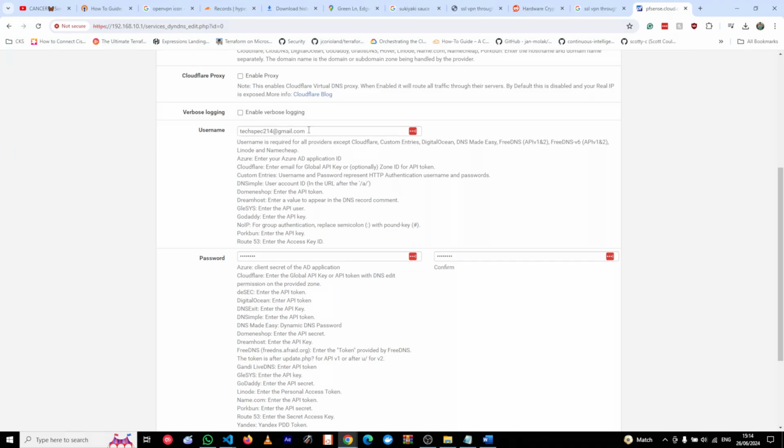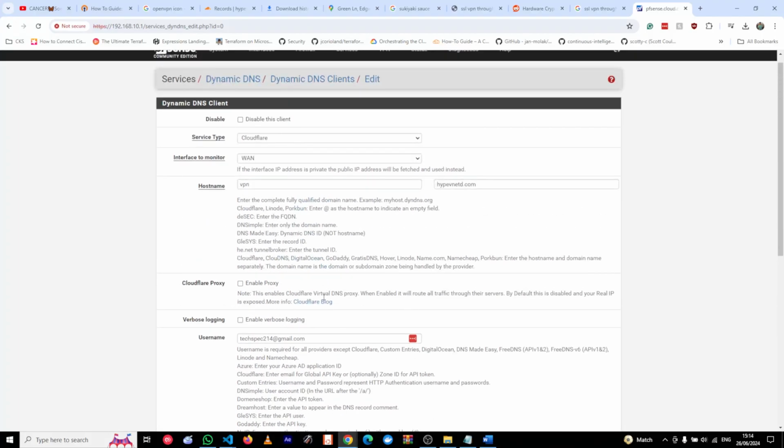So to make things a bit easy, I'll leave a link in the description as to how you can obtain the Global API Key, so that way you can set up your pfSense box to have DDNS. The other thing to note is that you want the interface to monitor to be the WAN,